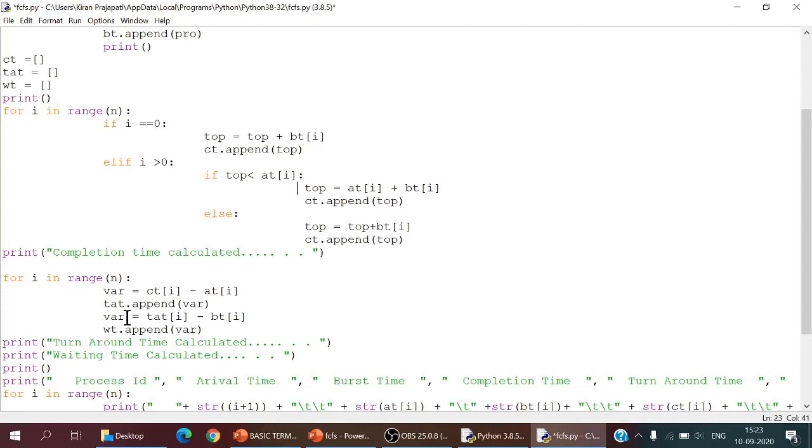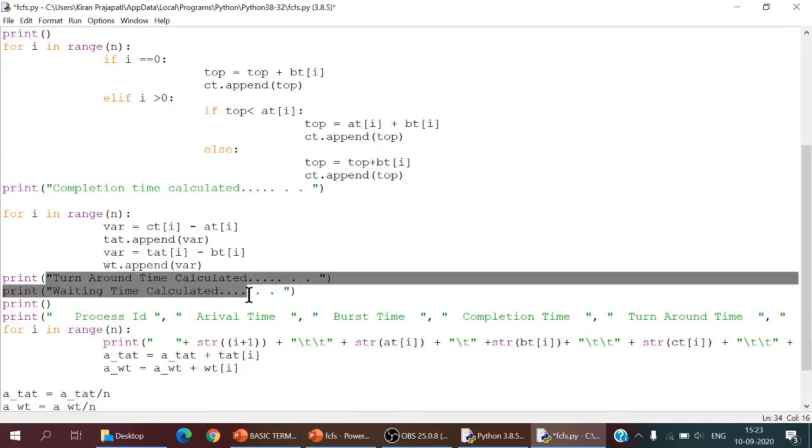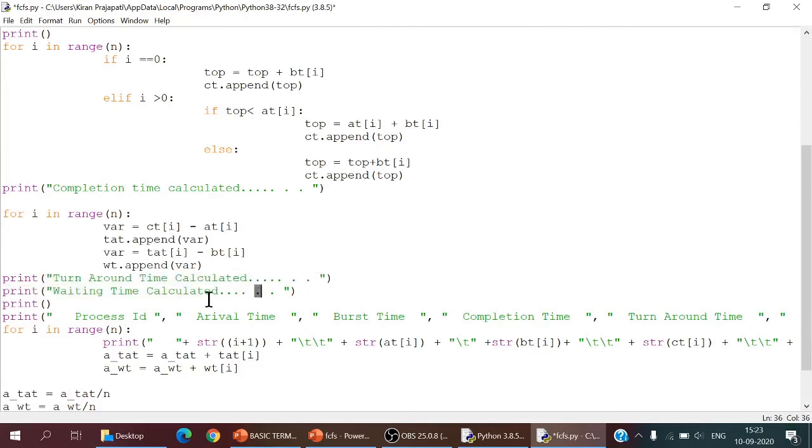As you can see here, I have taken the variables. The completion time minus arrival time is the turnaround time, and turnaround time minus burst time gives me the waiting time. So I write the statements for computation of turnaround time and waiting time, and then I print that the turnaround time and the waiting time have been calculated.